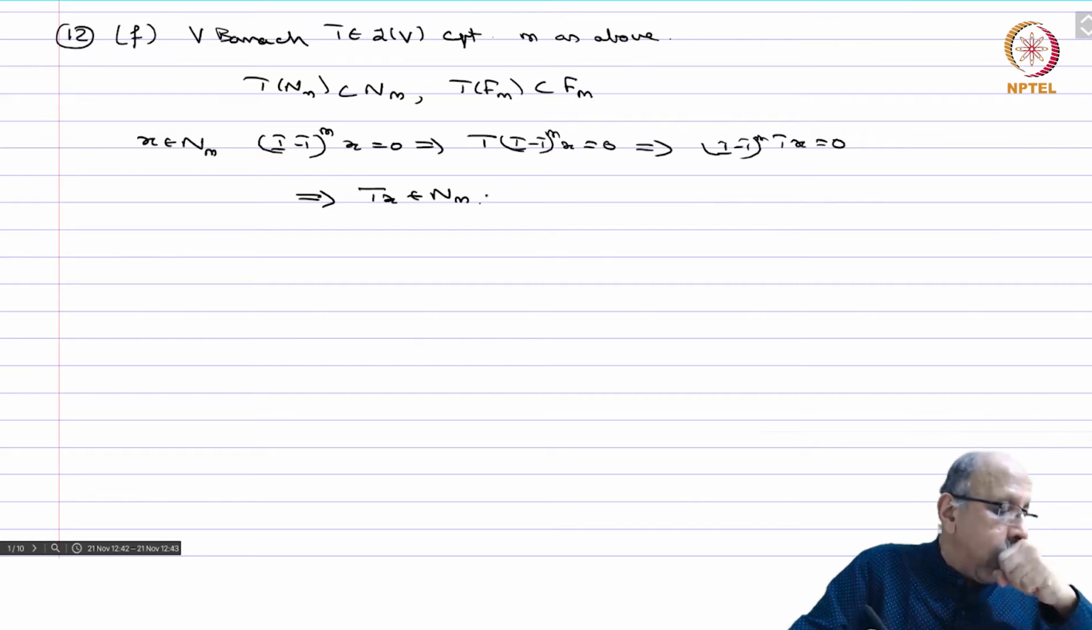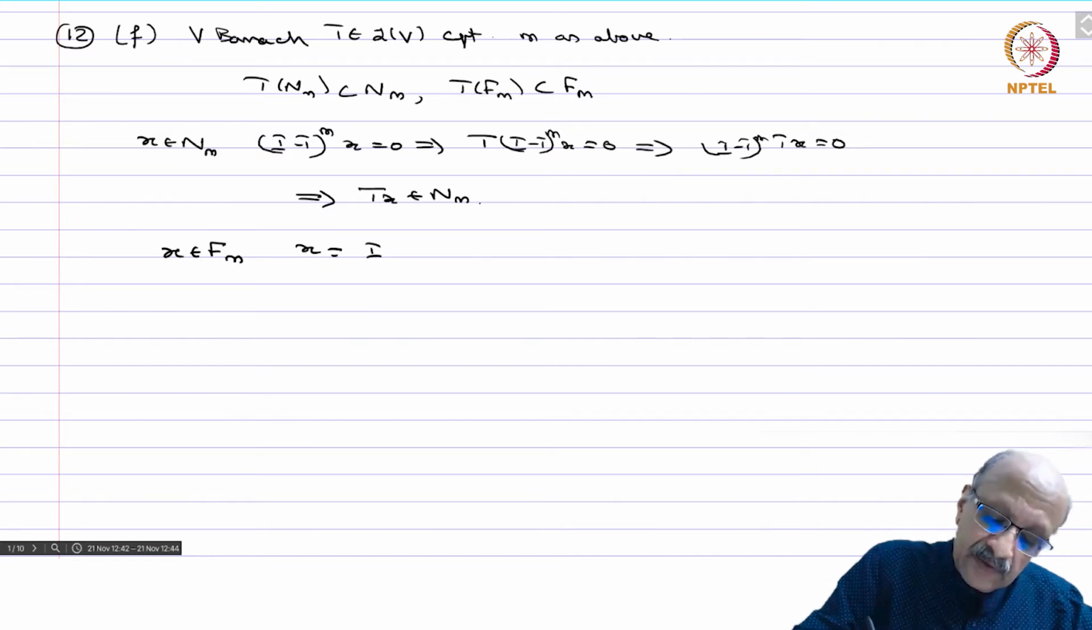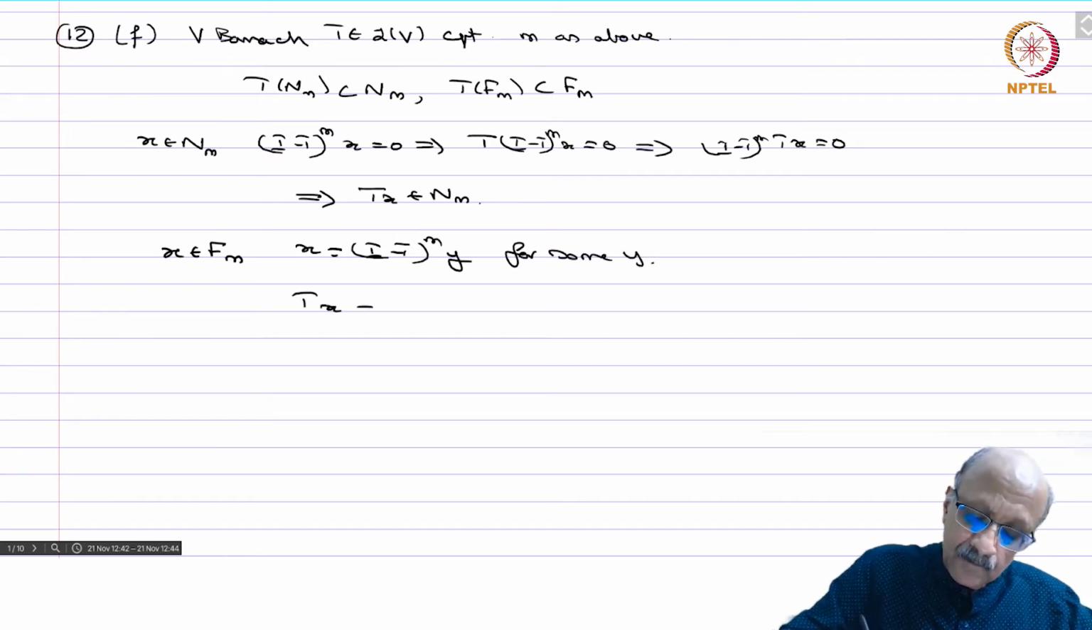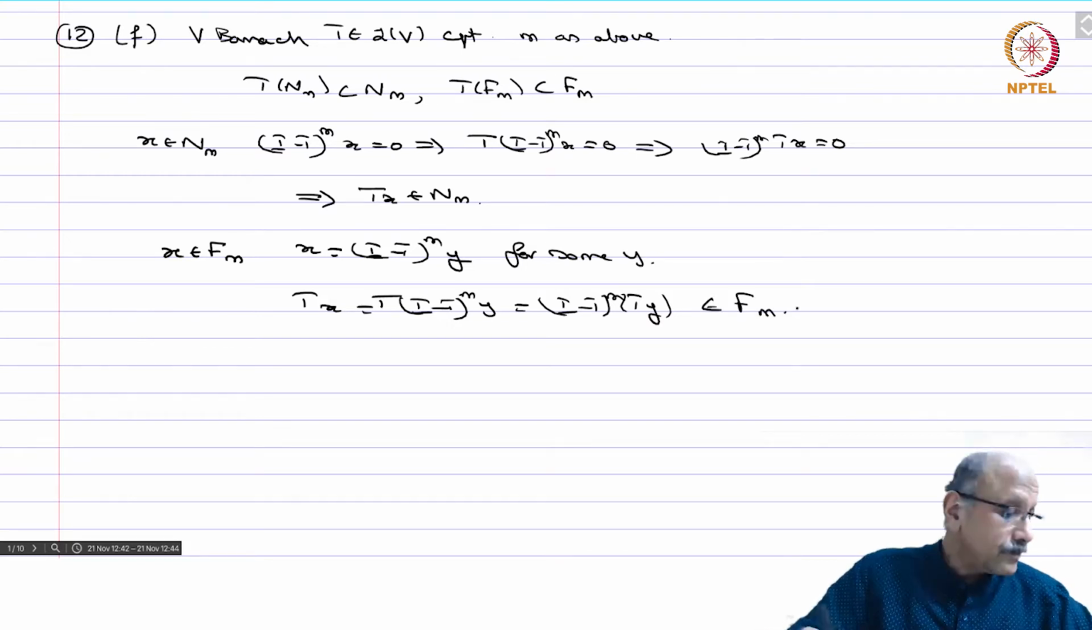Similarly, x is in F_M, x equals (I minus T)^M times y for some y. So Tx equals (I minus T)^M T times that y, which is equal to (I minus T)^M Ty, and therefore which belongs to F_M again. Okay, so that